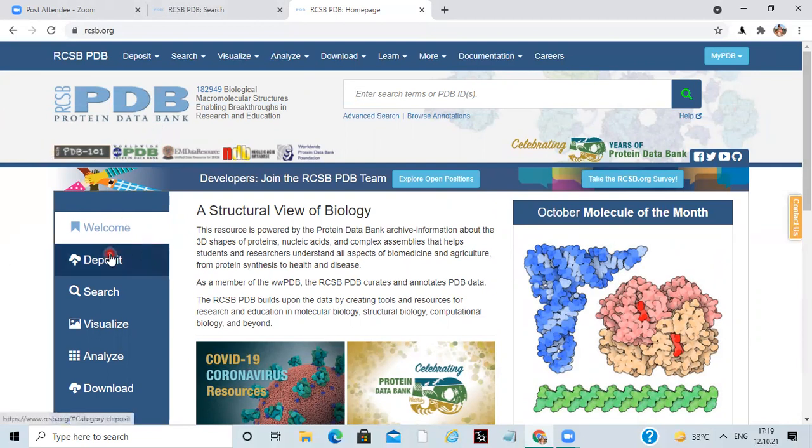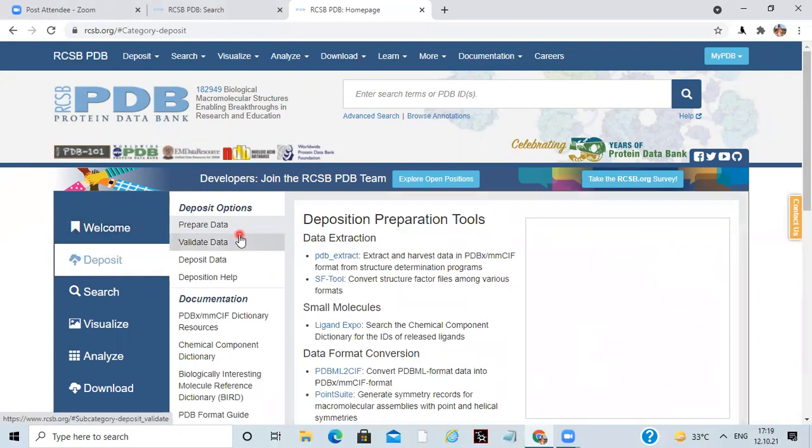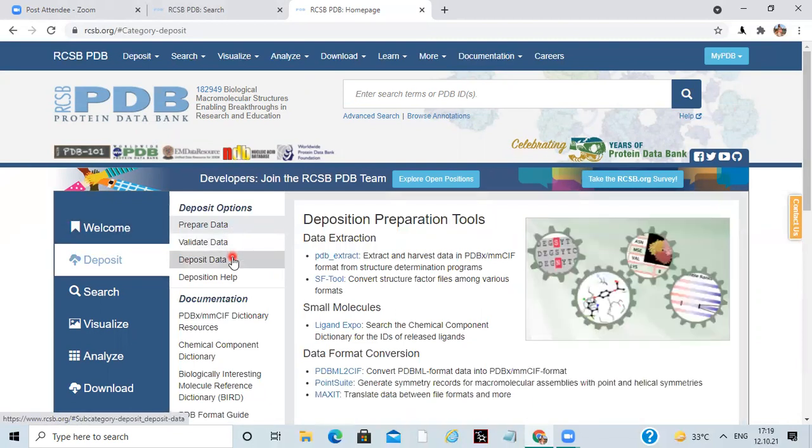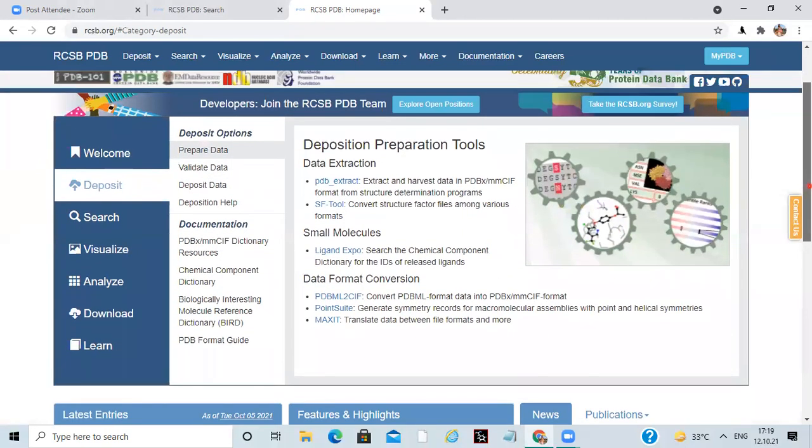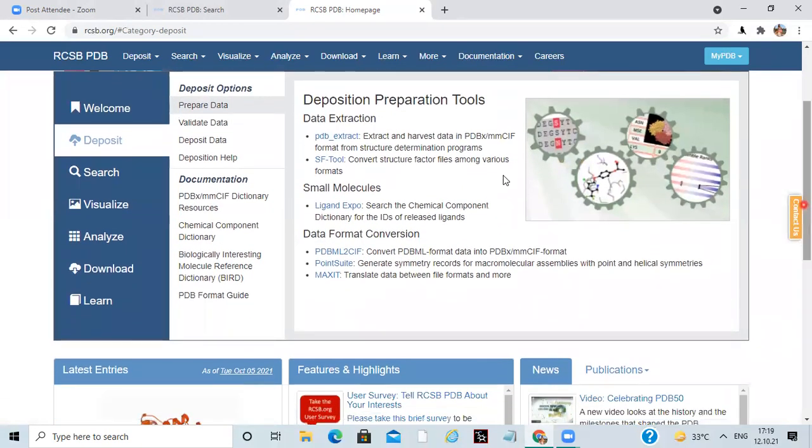You can deposit your structure here: you can prepare data, validate data, and deposit the data. You have multiple formats like mmCIF formats, and sometimes SDF formats, when we learn about chemical molecules and docking, and then we will elaborate more on chemical libraries.